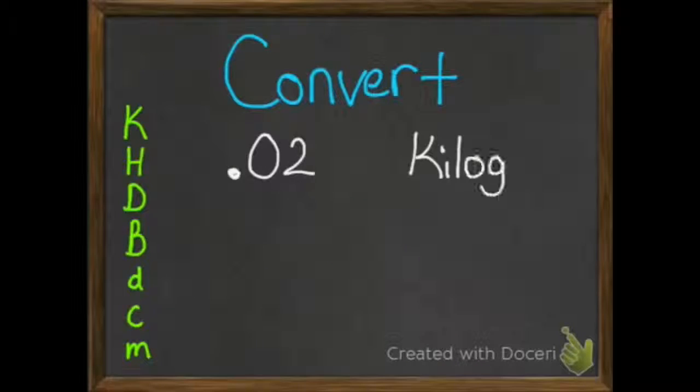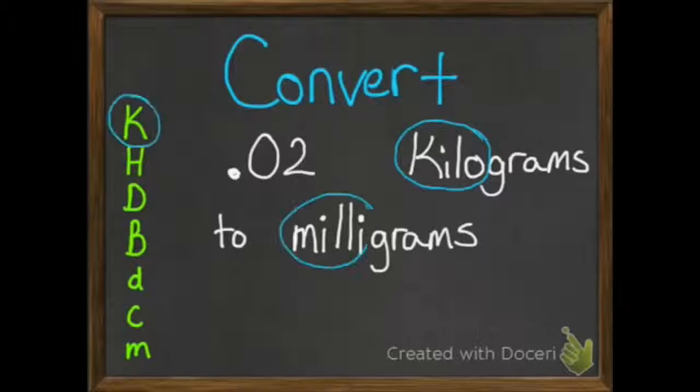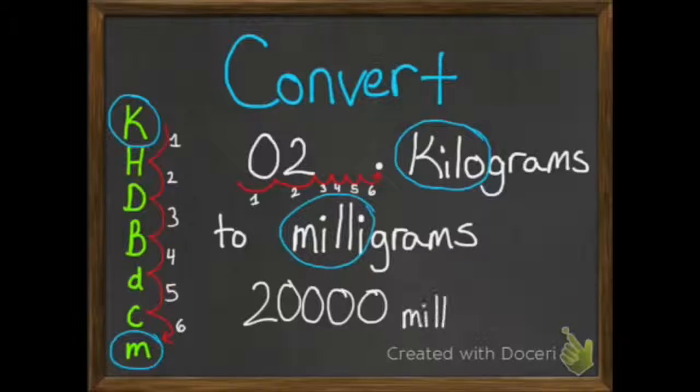Let's look at one more, and this will be our last one. Let's convert 0.02 kilograms to milligrams. We look at the prefixes. We have kilo and we have milli. So now we have to move a lot of spaces. We start from the kilo, or the K, and we're going to move down to milli, which is 6 steps, which means we have to move our decimal point 6 spots, and then we need to fill in the zeros. On steps 3, 4, 5, and 6, there are no zeros there, so we need to add those in. So we end up adding 4 zeros to the end, which gives us